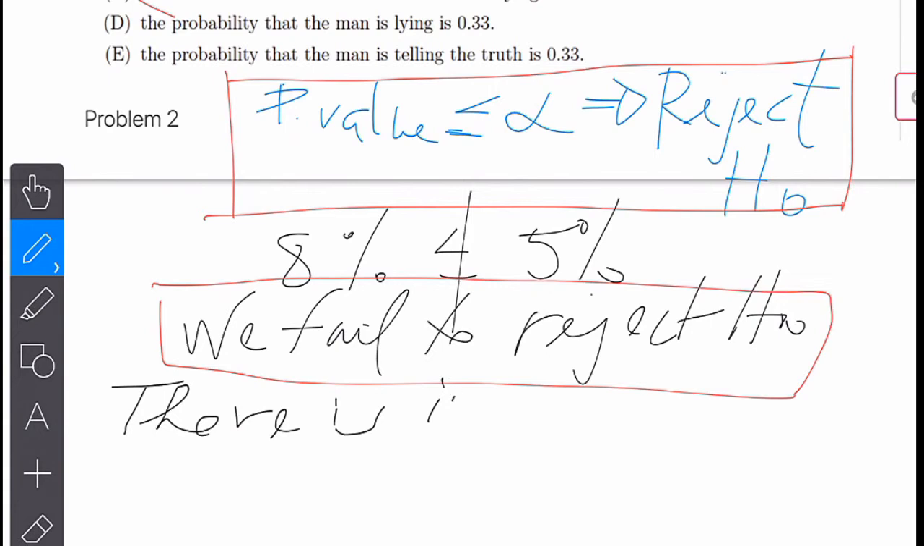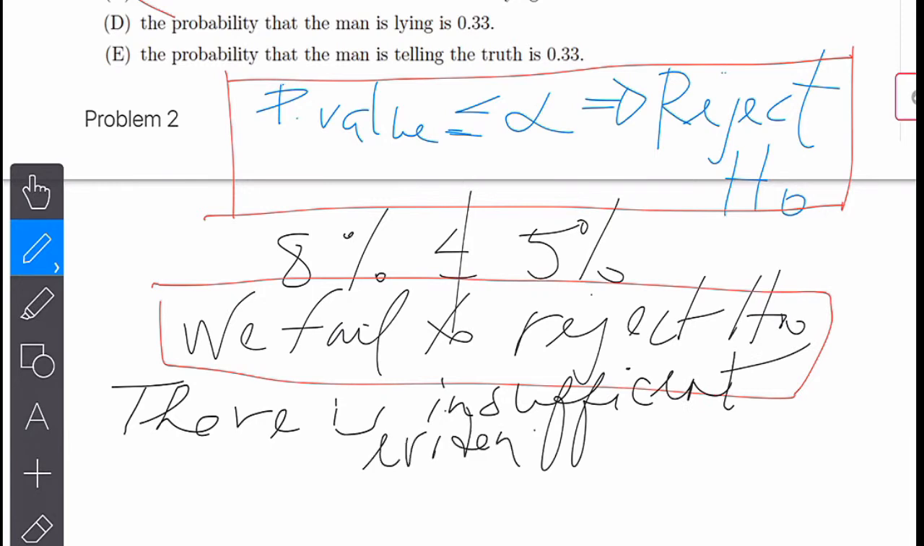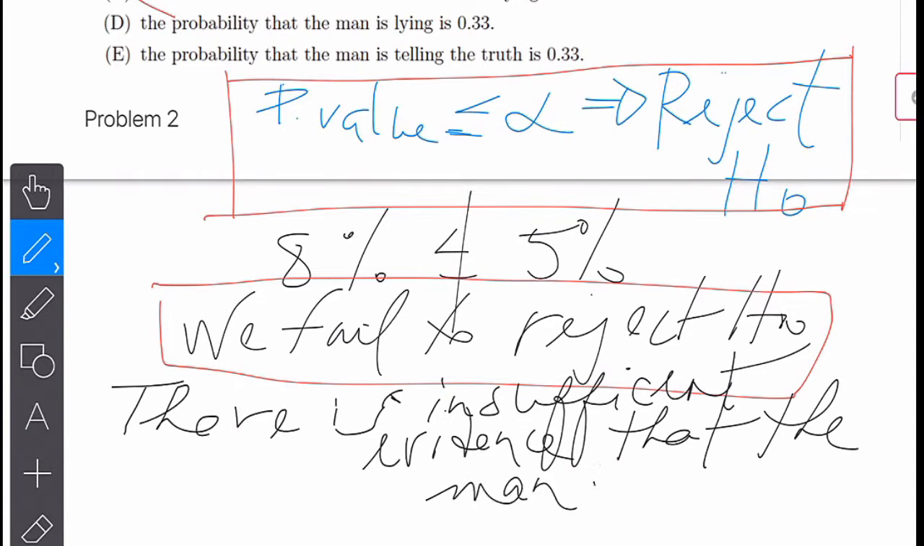insufficient evidence, so there's insufficient evidence to reject. Another way of saying that is there's insufficient evidence that the man is lying. Sorry, I didn't prepare to give you the answer, but that's the answer. So it's going to be actually C. So some of you got it. Very good. So my mistake